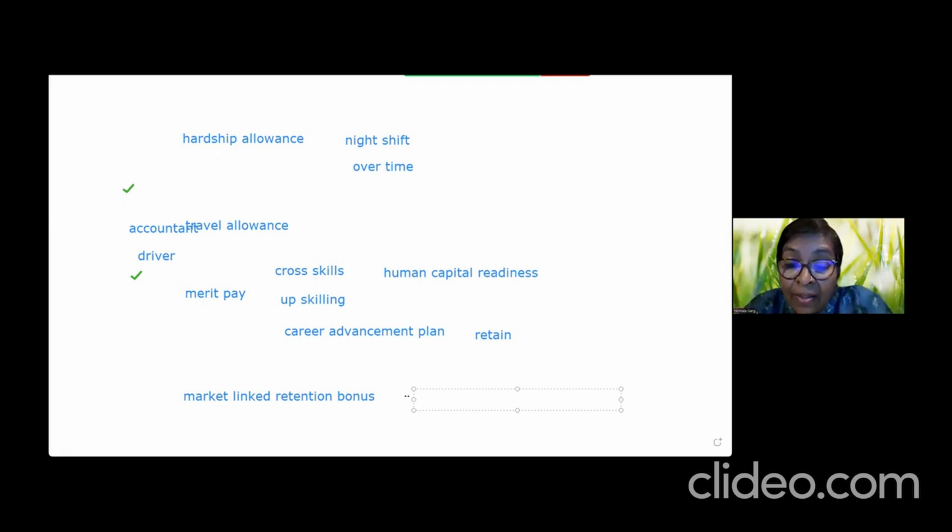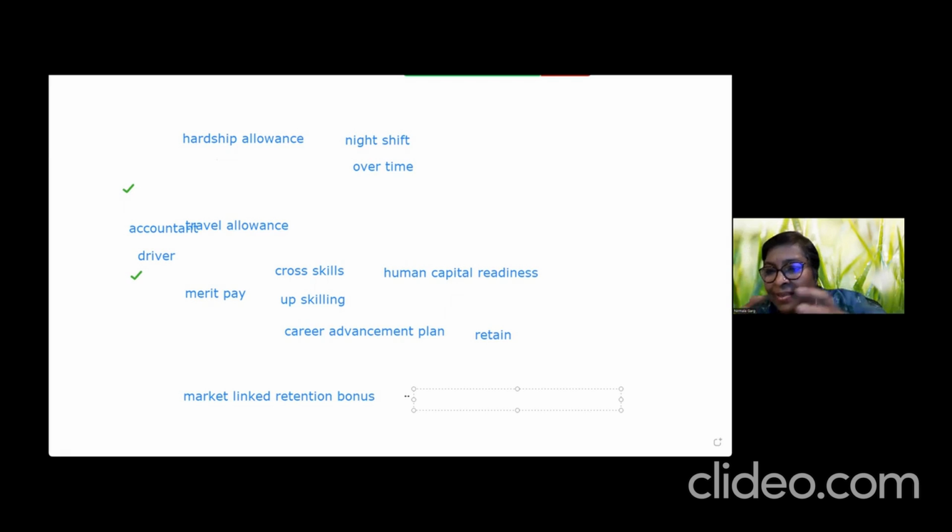Now, how do you retain? So you retain them by giving them what? Training in those critical technologies, etc., which are there in the pipeline. So they have a continuously built-in talent pipeline where every time there's a bench strength, they are setting up these people for further critical skill upgradation. So therefore, only the mom and pop shops, where they can't rotate people, they can't afford to have bench strength, that's where they pay these market linked retention bonus.